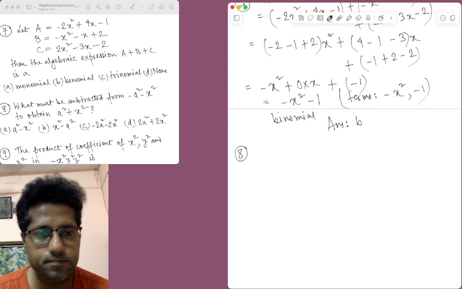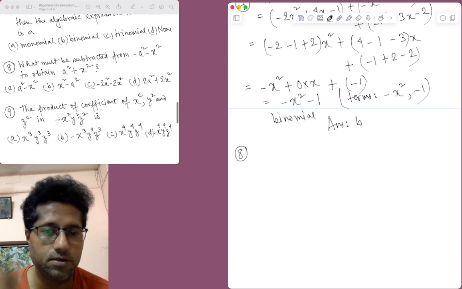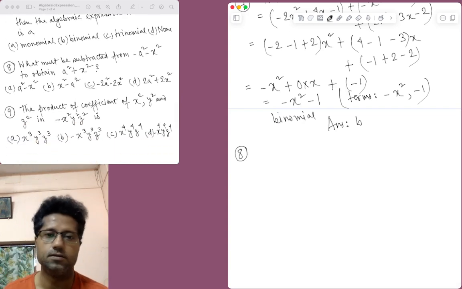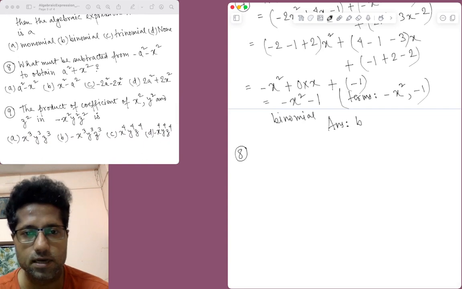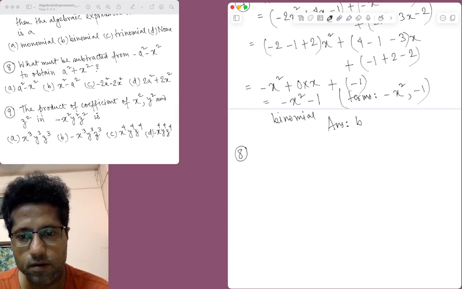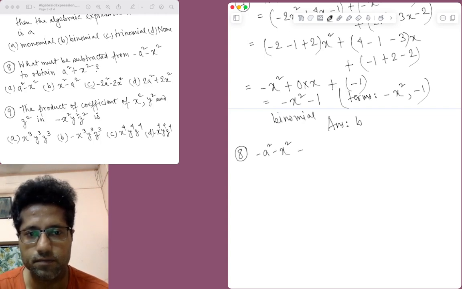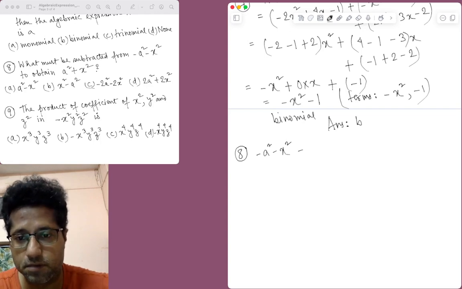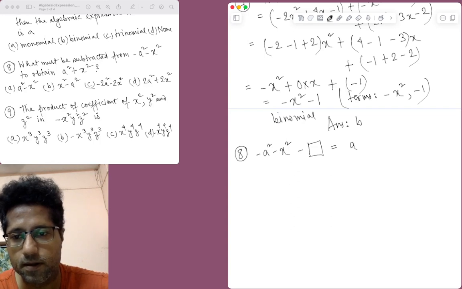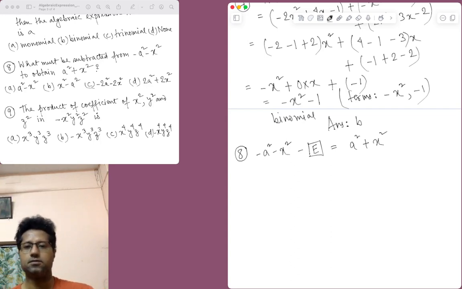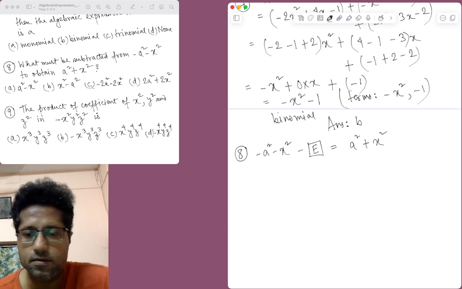Question number 8. What must be subtracted from this to obtain this? Okay, this is a word problem. So it is asking, we have this algebraic expression. What must be subtracted? If I consider the algebraic expression that must be subtracted as a box, then this should be equal to a square plus x square. Now we have to find it. If we assume that the algebraic expression that needs to be subtracted is E, then